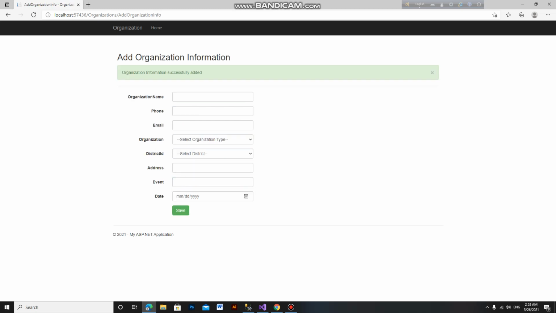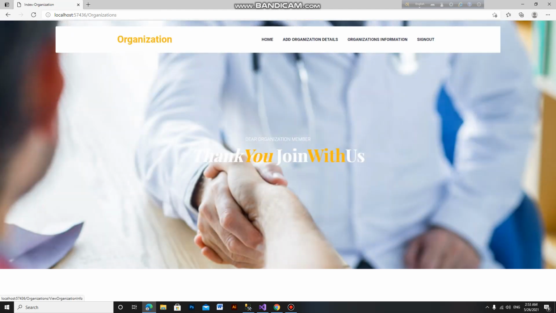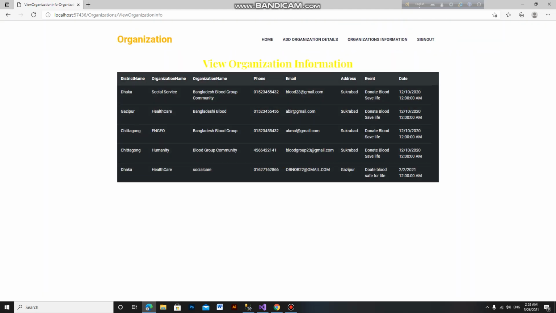So organization information is successfully added. Then we go to the home page and view organization. This is the view of organization. This is the last added organization, name healthcare, the organization social healthcare, and this is the organization details. Then we sign out.